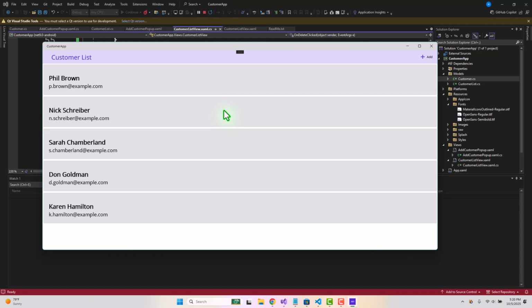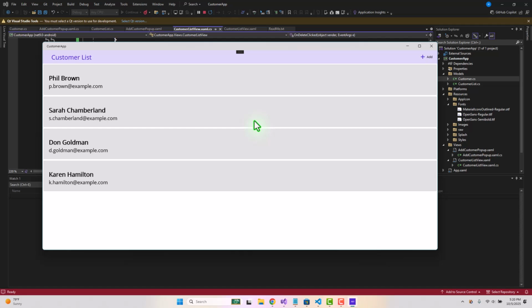If I go ahead and do a right mouse click and delete, notice it's not doing anything. I have to actually tap on it to select it. And then if I do a right mouse click and delete, it's going to remove that particular record. So I would have to tap on it, then do the right mouse click. That's not really how we would like to process it,